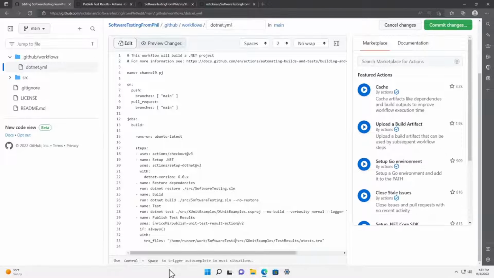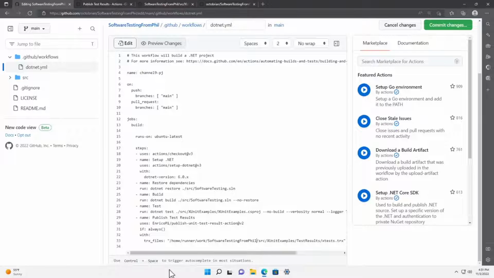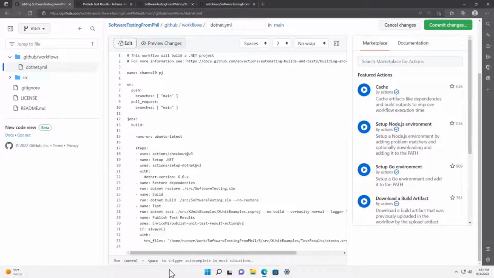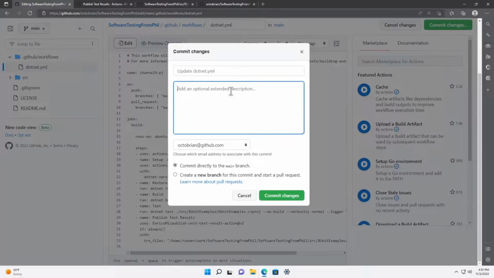So this is software testing from Phil, and that in turn has an extra folder path. And then at that point, we should be at the root, so it should be able to find the file without having to search. And I think I didn't do a double star is what happened.